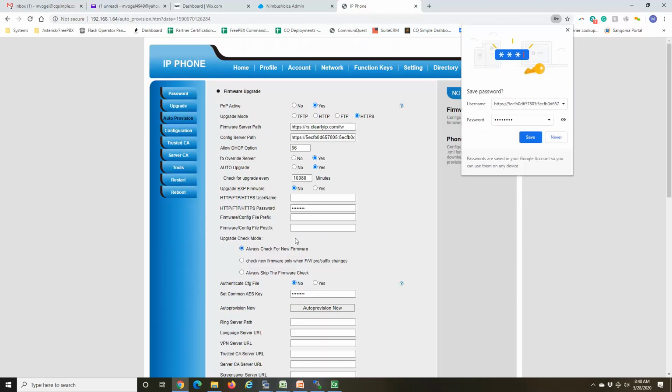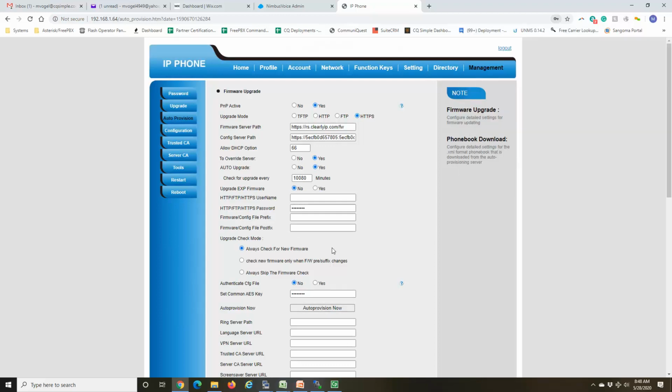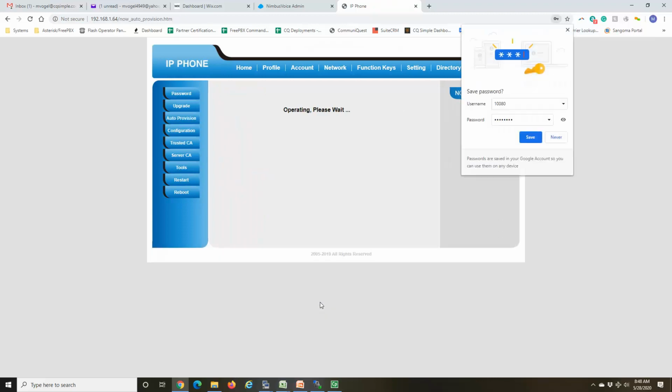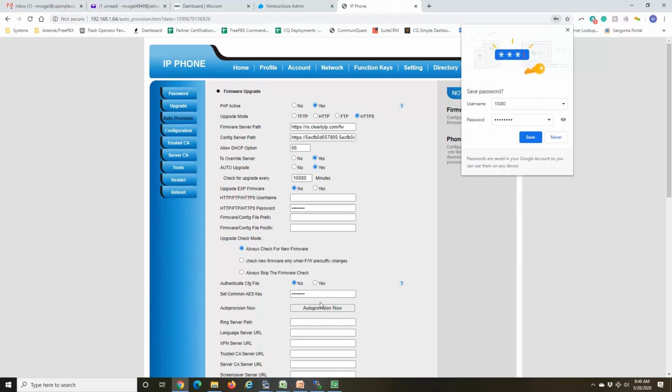Now at this point, you don't actually have to do a full reboot. Just at the bottom of this screen, or the middle of the screen, I should say, I'm just going to hit auto provision now. And if I scroll over and look at this phone, it says provisioning, please wait. Give it a second or two, and pretty soon the screen will flash to provisioning success, and that phone will come and get its files and